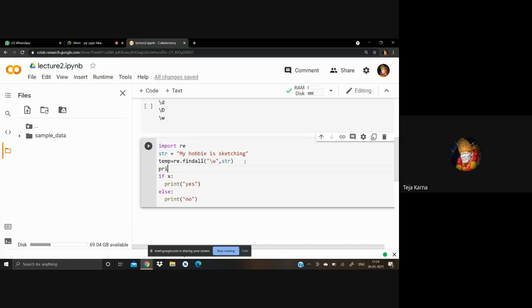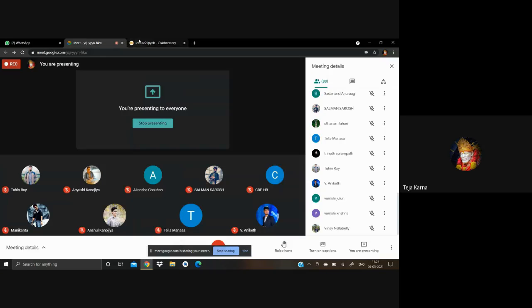We'll print the value here so that you may be able to find out what is going to happen. Okay, fine. So it returns a match at every word character, from A to Z, digits and all those things. It will check whether the underscore character is there or not. That's the actual basic work of slash w.